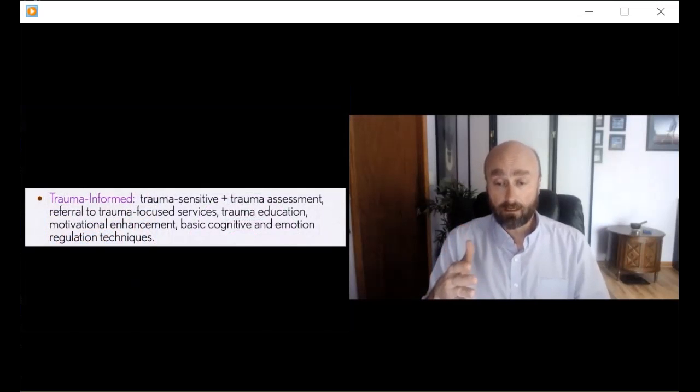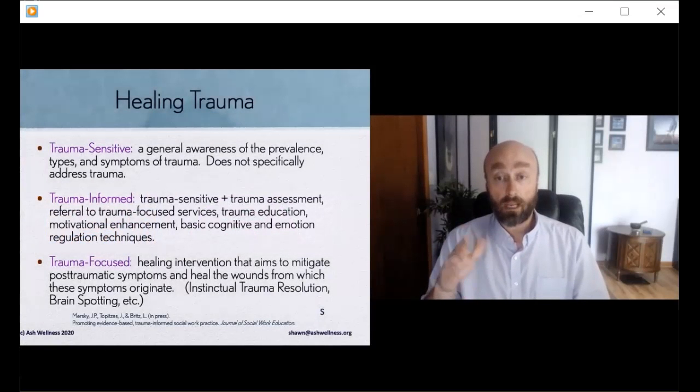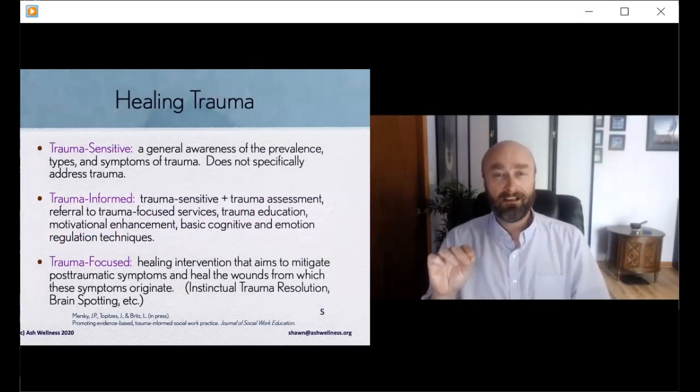I just have to give a shout out to Dimitri Tepitsis out at UW Milwaukee, who came up with this concept. I don't think he calls it the three-layered cake of trauma-informed care; I think he has a better term for it. But that's where it comes from. I found it a helpful concept in regards to how we're going to create the service environment. Well, we're going to do that by having each role know what they need to do in order to be trauma-informed.